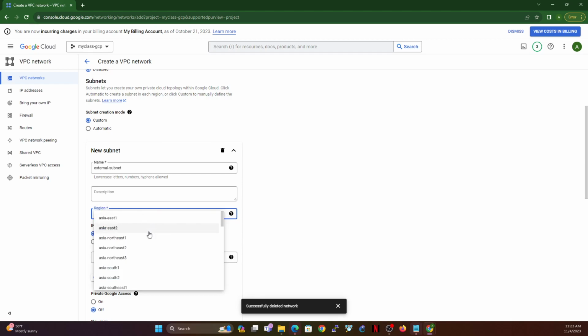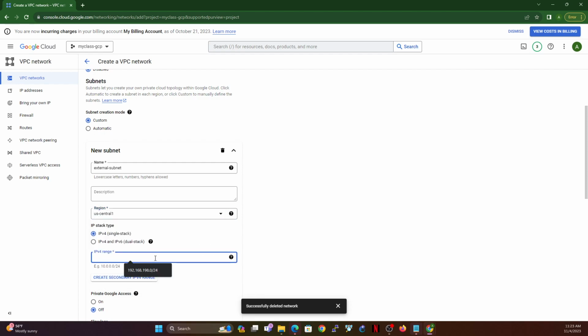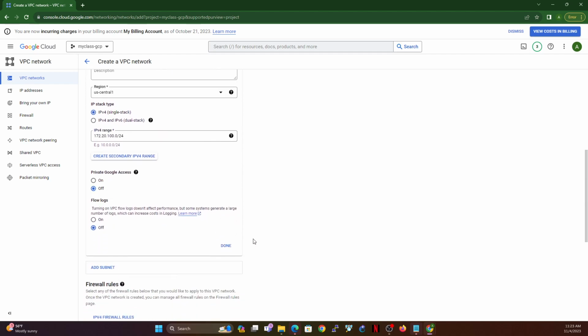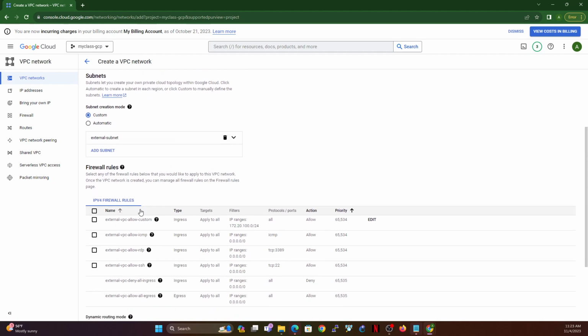Now the region. You need to choose a region that is closer to you. The closer it is, the less the latency. So here I'm going to choose US Central 1, and then I'm going to create an IP address. I'm going to use 172.20.100.0/24. That's going to be for my external subnet, 172.20.100.0/24. I'm going to leave everything the way it is by default. Click done for that. Now, by default, it comes with its own firewall rules, allowing ICMP from anywhere, allowing RDP from anywhere, because RDP is 3389,